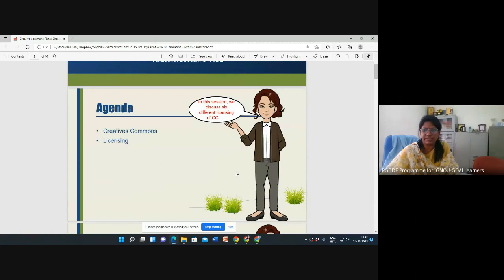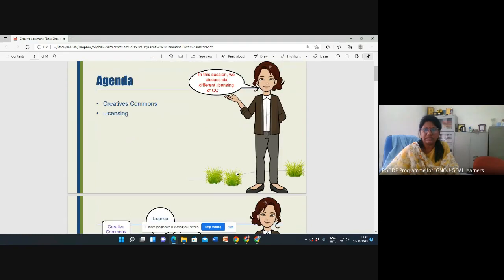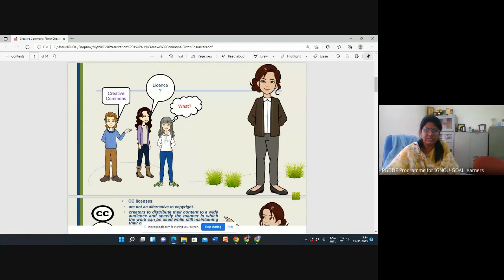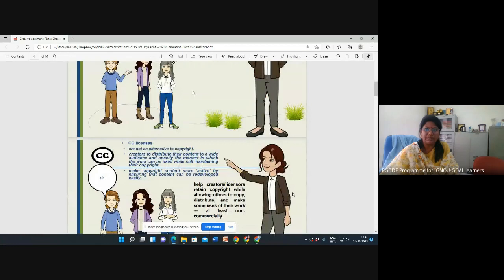So here you see this. These are some of the characters which I have created using this Pictoon. It is used in PowerPoint only. So these characters are all animated, but because this system is a lower version, the PPT is not able to open. But these are the things which are all animated one by one.